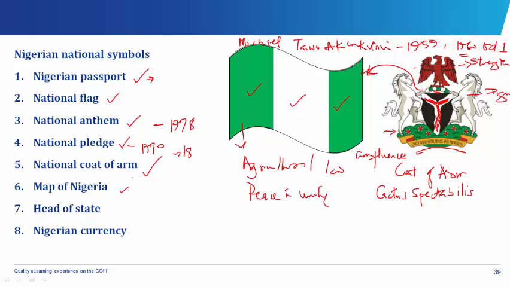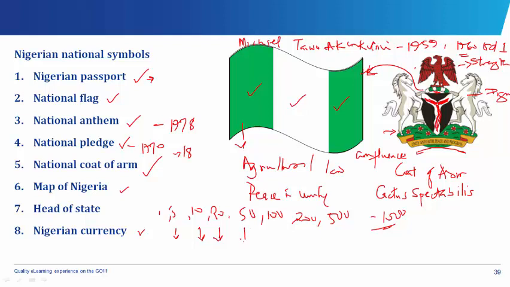Then we also have our national currency. So we have it from 1 naira, 5 naira, 10 naira, 20 naira notes, 50, 100, 200, 500 naira notes, and 1,000 naira notes. So on each of these, we have various pictures. On our 1 naira notes, we have Sir Herbert Macaulay's picture. On 5 naira, we have Sir Abubakar Tafawa Balewa. On 10 naira, we have Alvan Ikoku. Then on 20 naira, we have General Murtala Mohammed.